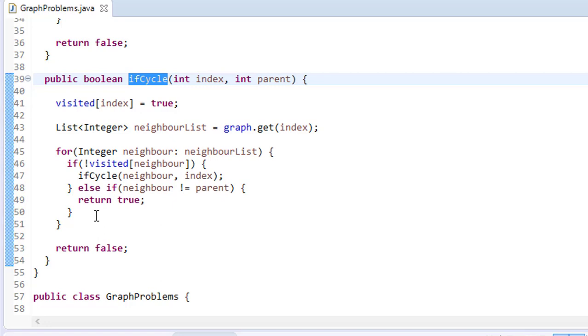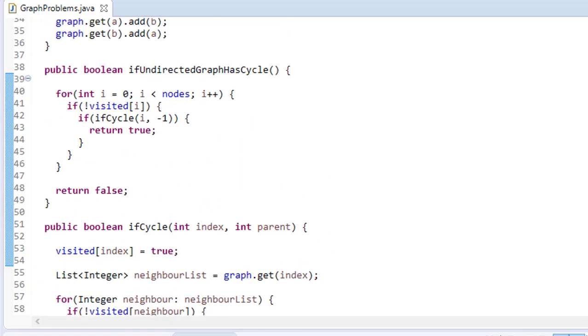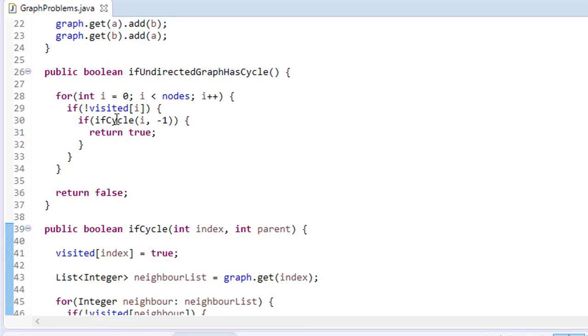And if it is not the case, we keep on running, and if at the last there is no cycle, we return false, right? So if this if cycle function gets a cycle, we return true, otherwise at the last we return false, right?